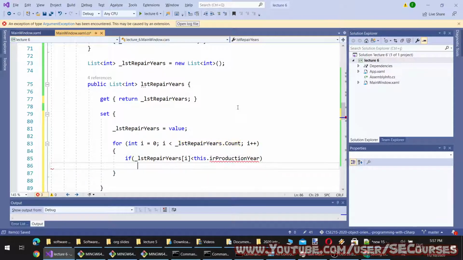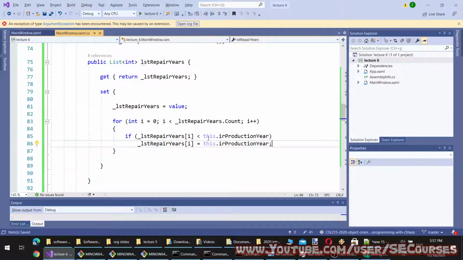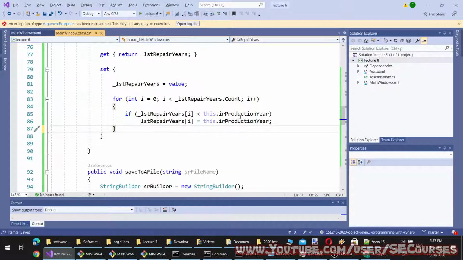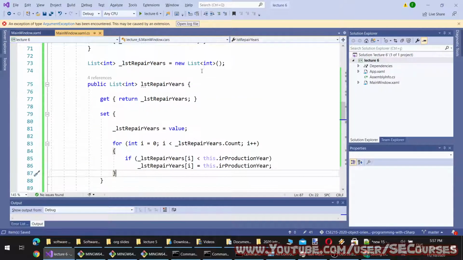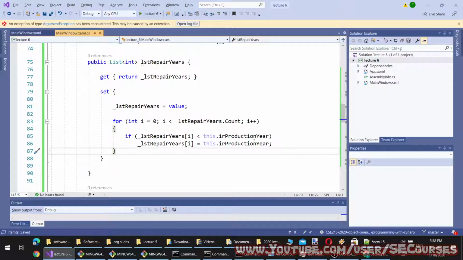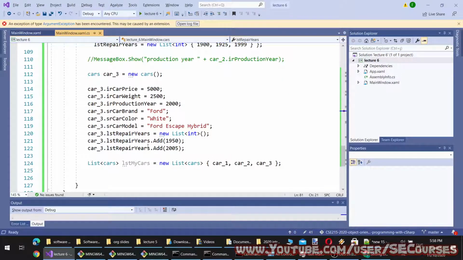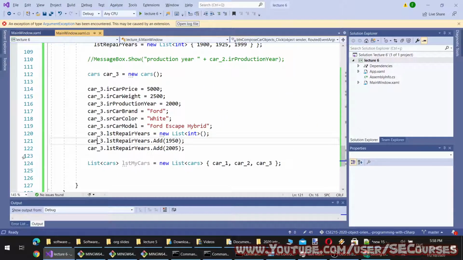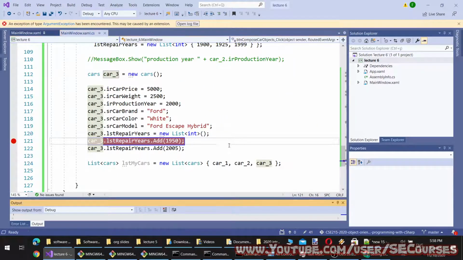Production year. I will set it like this. I can use this word, or I may not use this word as well. It's up to me. So each time we set the value of the list of repairs, this will be called. However, I am not sure it will work in this model. Let's run the application to see.